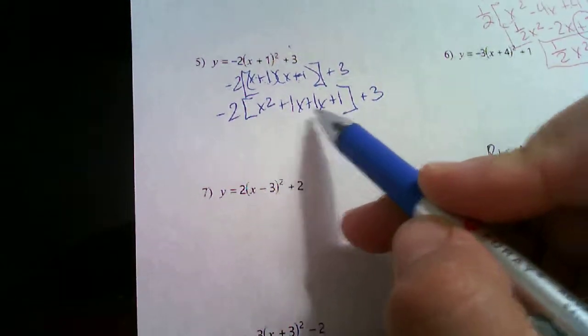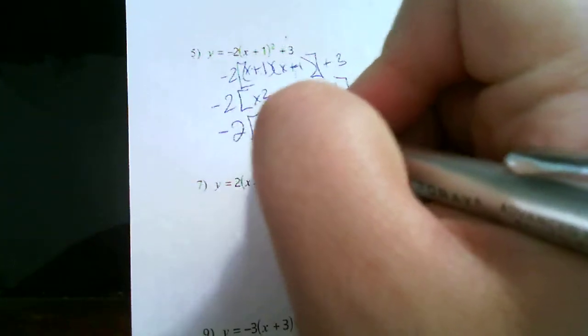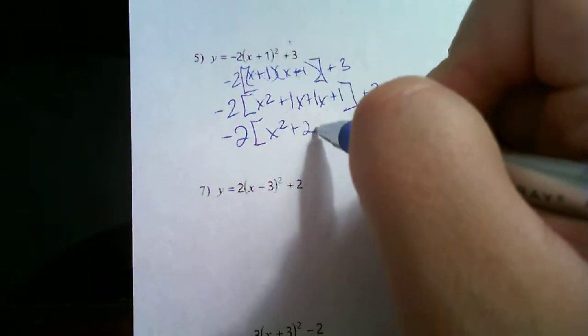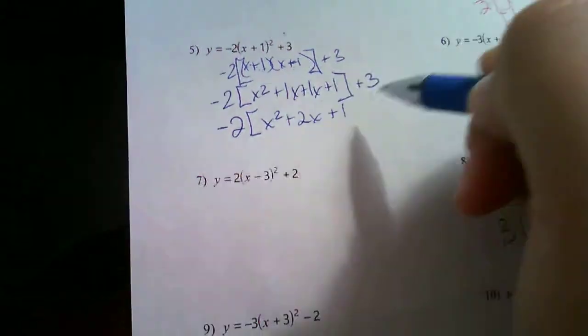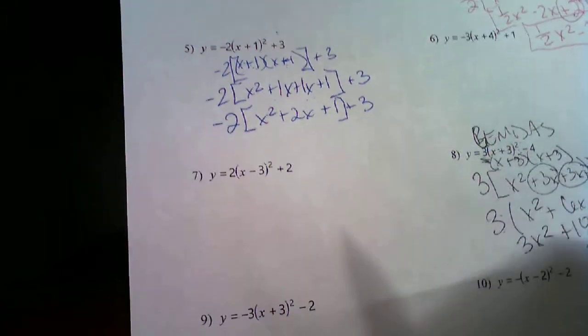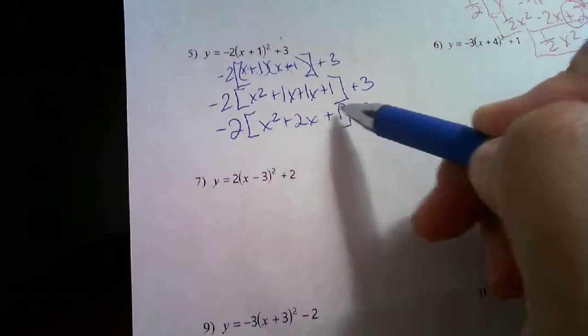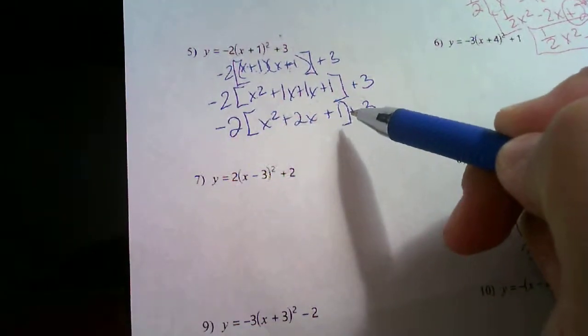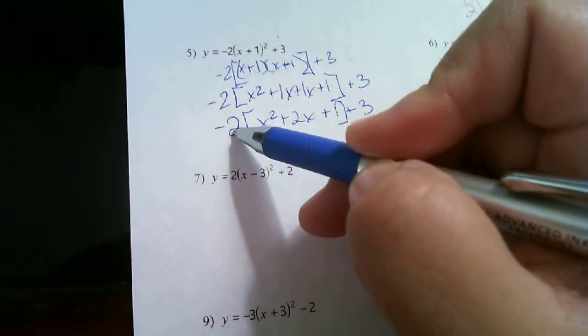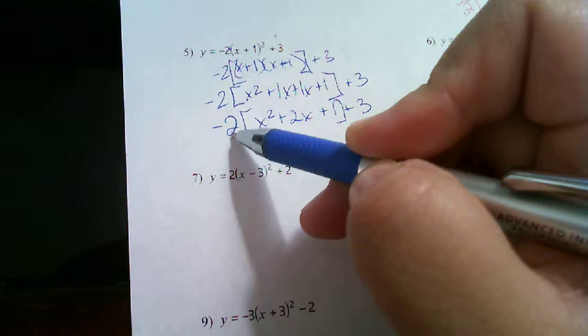In our set of grouping, we have combining like terms, a 1x plus a 1x. So I continue to write everything down. A 1x plus 1x is plus 2x. Bring our plus 1, our constant, down, and plus 3. Inside of our grouping, we have everything simplified. No more combining like terms, so now we can use our multiplication and distribute our negative 2 to